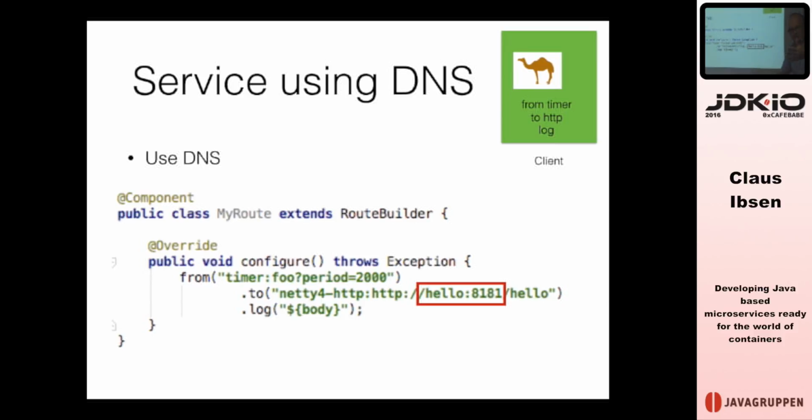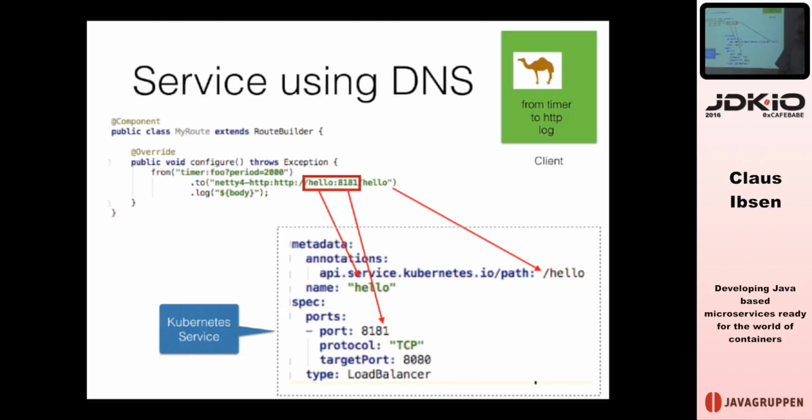So now actually I can tell you beforehand, okay, the name of the service is hello, the port number is 8181. Okay, cool. You can hard code that in your application code, or you know then what it's going to be. And this is how you can see how it maps to that Kubernetes file. The name of the service is going to be that up here, and this is the context part. You can add extra.